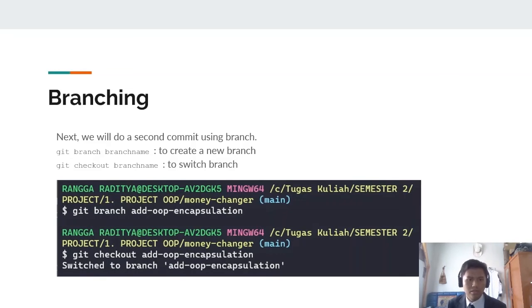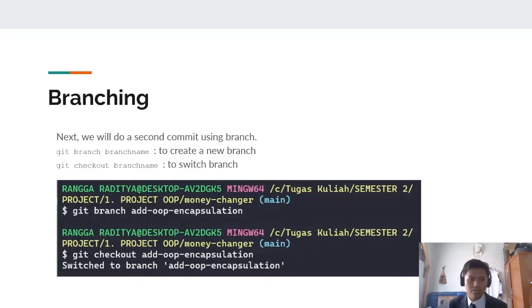Okay, next we want to make a second commit. In the second commit, we want to use a branch. So this is branching. The first command is git branch and specify the branch name.